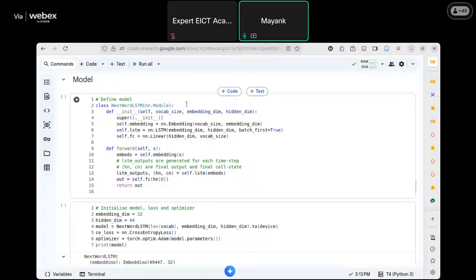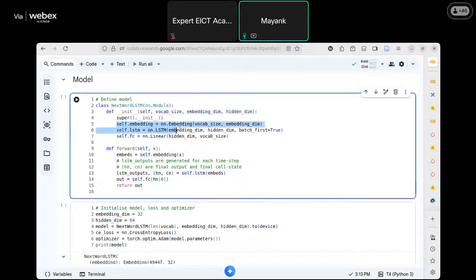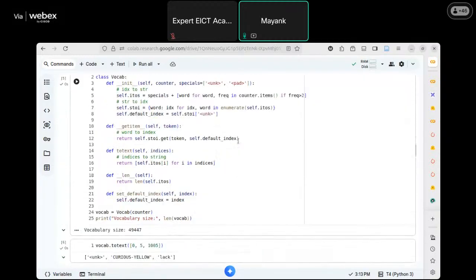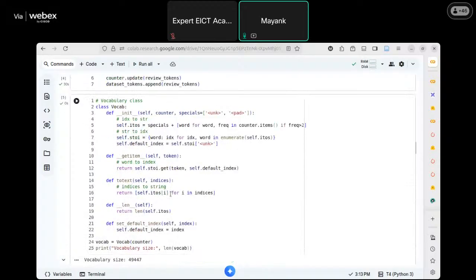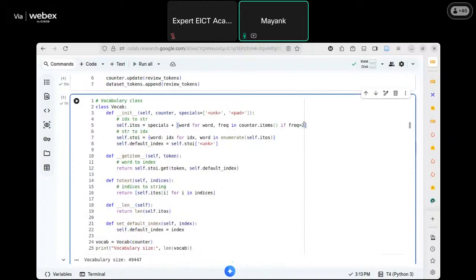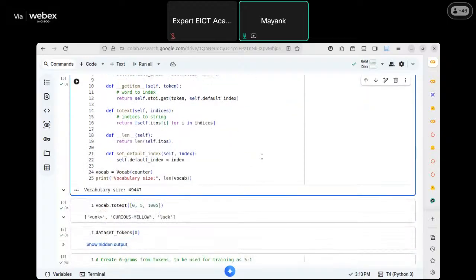5 इनपुट देंगे और 1 आउटपुट लेंगे। ओके, सो हमारी फर्स्ट लेयर वही एम्बेडिंग लेयर होगी। ये एम्बेडिंग लेयर token IDs को one hot vectors से dense embedding में बदलेगी। ओके, हम vocabulary size दे देंगे और embedding का dimension दे देंगे। vocabulary size हमारा जो हमने शुरू में डिफाइन किया था, ये 49,447। ओके, और यहाँ पे ये ध्यान रखना, हमने खाली वही वर्ड्स लिए जो एटलीस्ट 2 बार या 2 से ज़्यादा बार आए हैं, बाकी सारे वर्ड्स को रिजेक्ट कर दिया है। तो वो सब की जगह पे अननोन टोकन चला जाएगा।